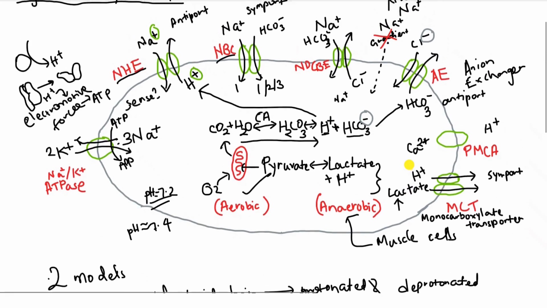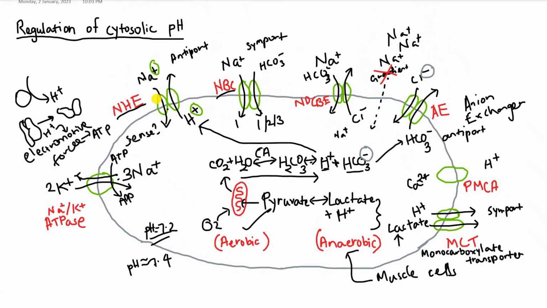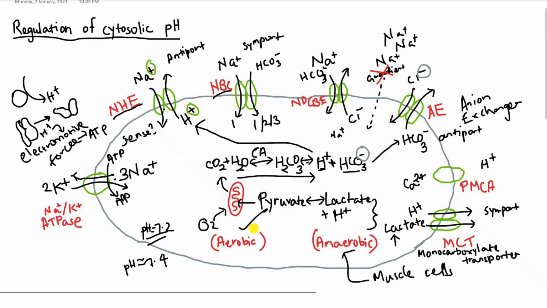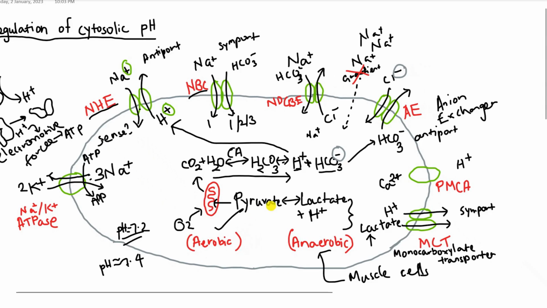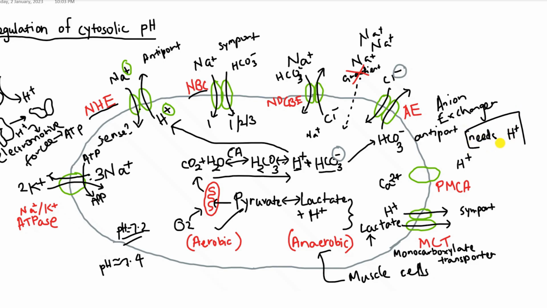Now, up until now, we have seen protons being sent out of the cell or bicarbonate being sent out or brought in. But what if the cell needs to get more acidified for some reason? Maybe for endocytosis it needs more acid. So in these special cases where it might need to get more acidic, get protonated, it uses various mechanisms. One of them is a pump,